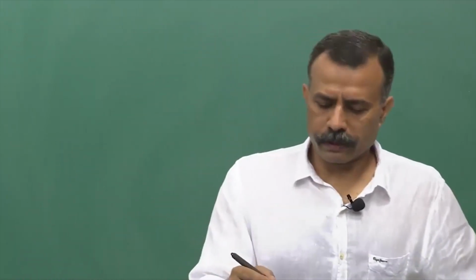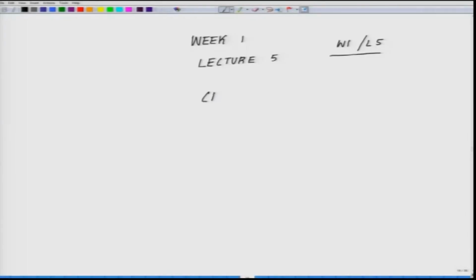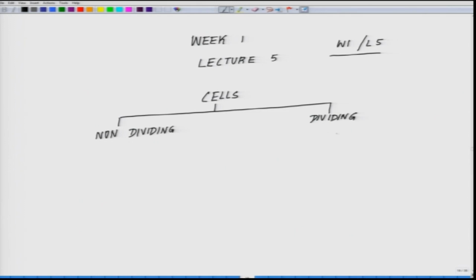Okay. So, whenever you talk about dividing cell, think of it. Let us start. I am talking about the cells, non-dividing on this side and dividing on the other side. So, my example was skin. Now, if you look at the skin itself, skin consists of 2 layers, epidermal layer and the dermal